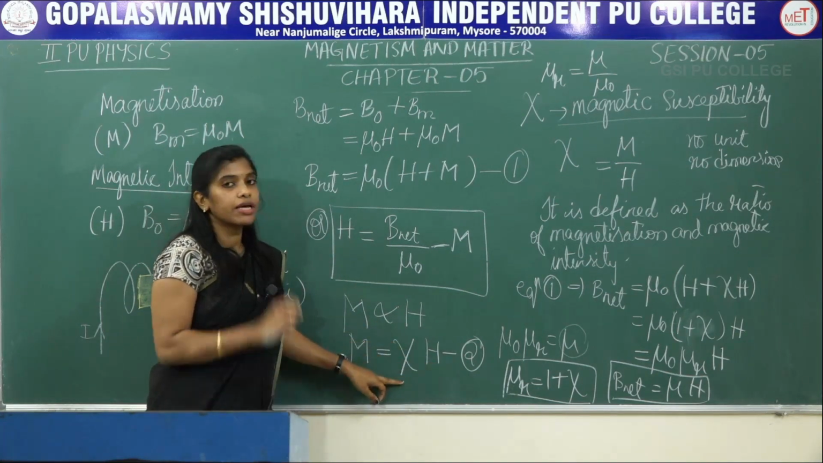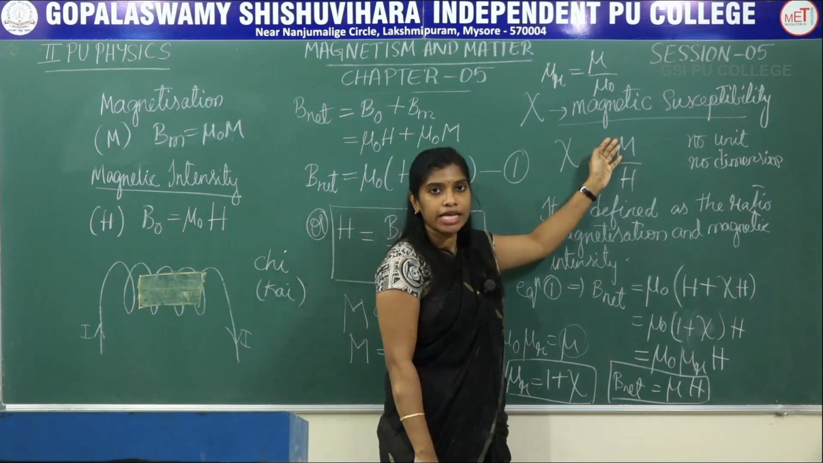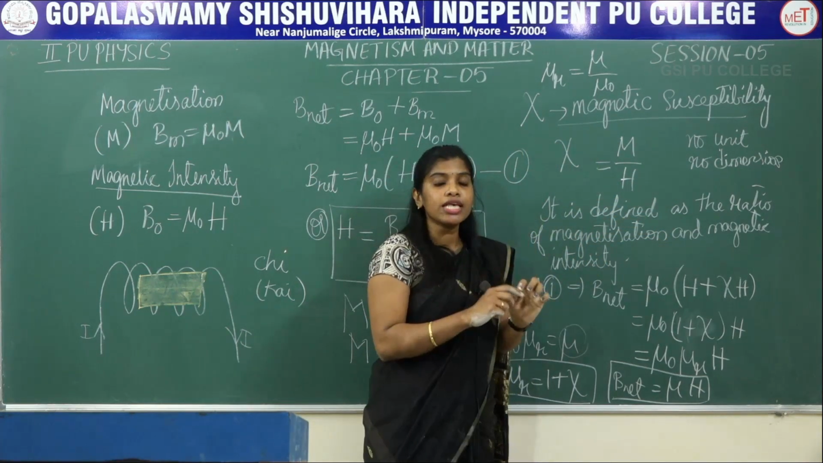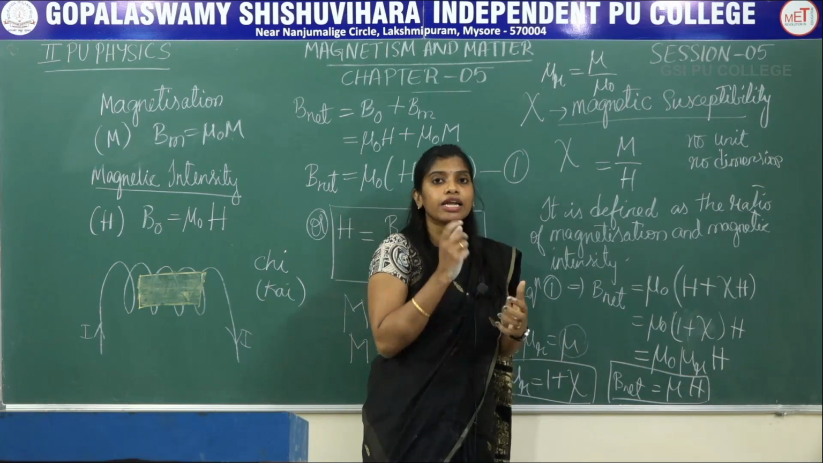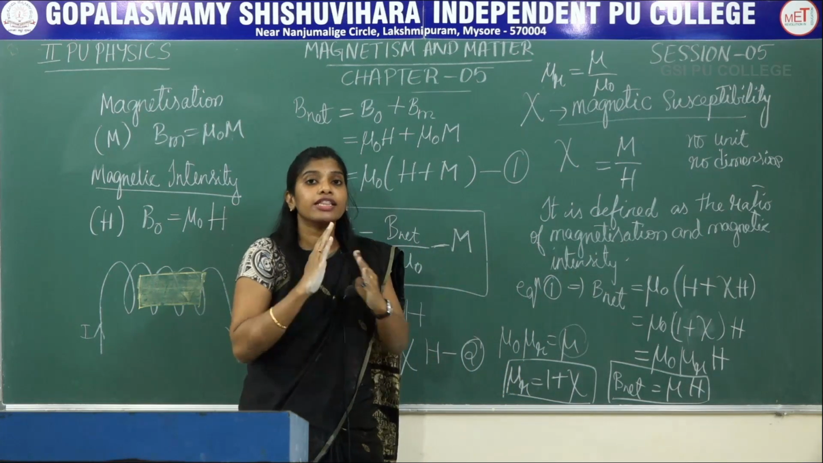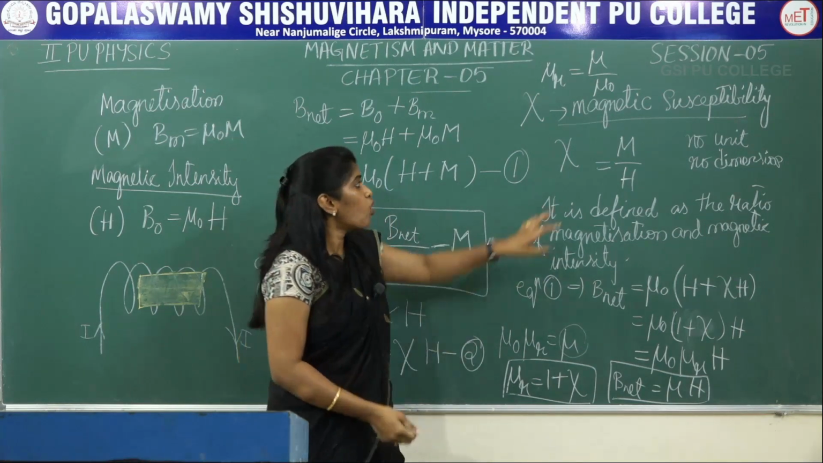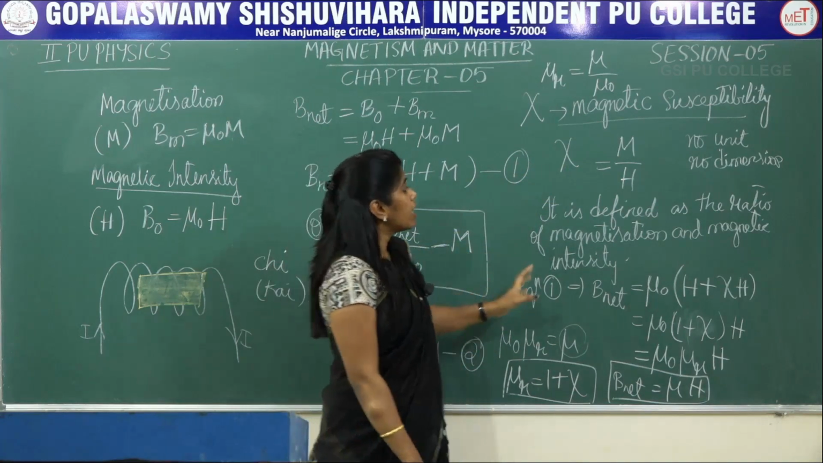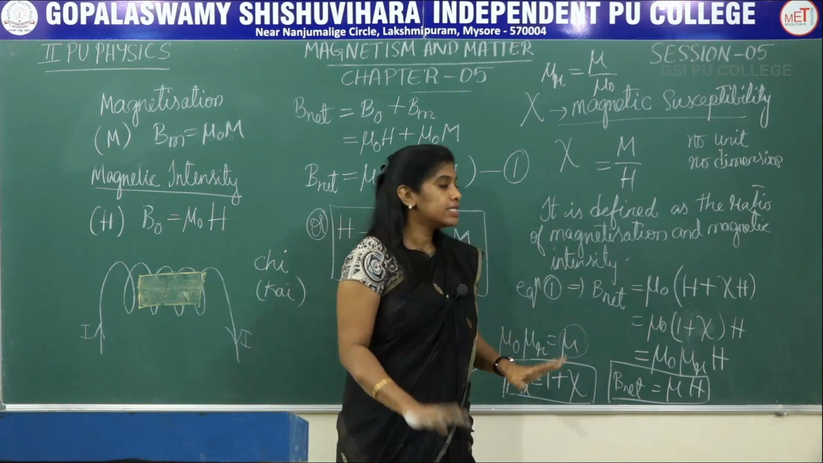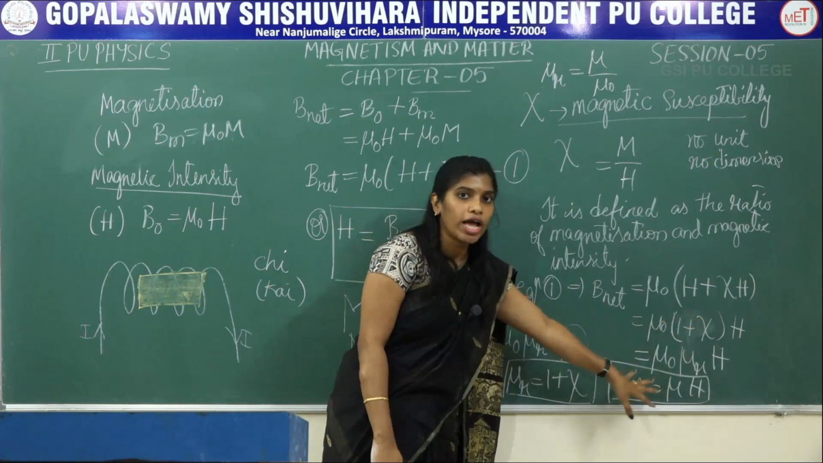This chi is nothing but the magnetic susceptibility, and this magnetic susceptibility is the ratio of magnetization and magnetic intensity. And magnetic susceptibility measures how much the magnetic material responds to the magnetic field. So whenever I place a material in a magnetic field, how well the magnetic material responds to that magnetic field is what this chi tells us. And this chi doesn't have any units and dimensions, and the units and dimensions of M and H will be the same. And from this we got a relation B net which is equal to mu H,